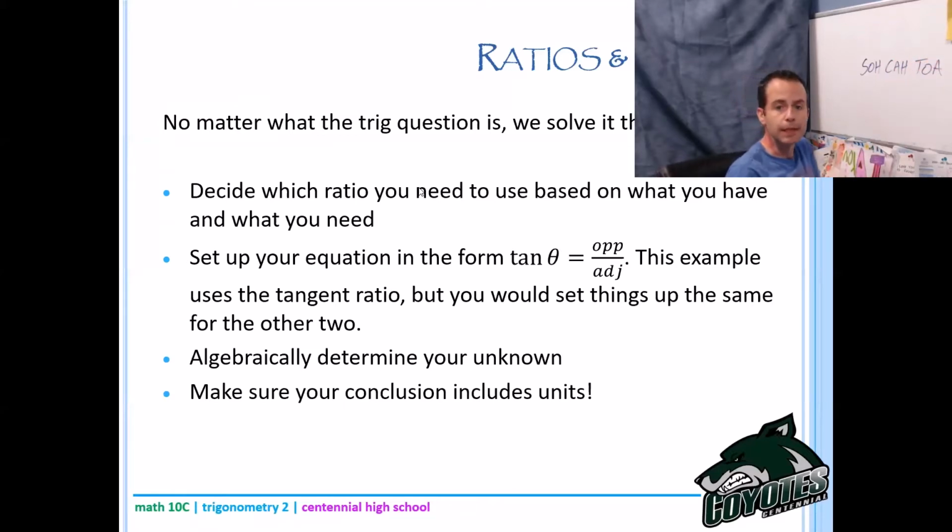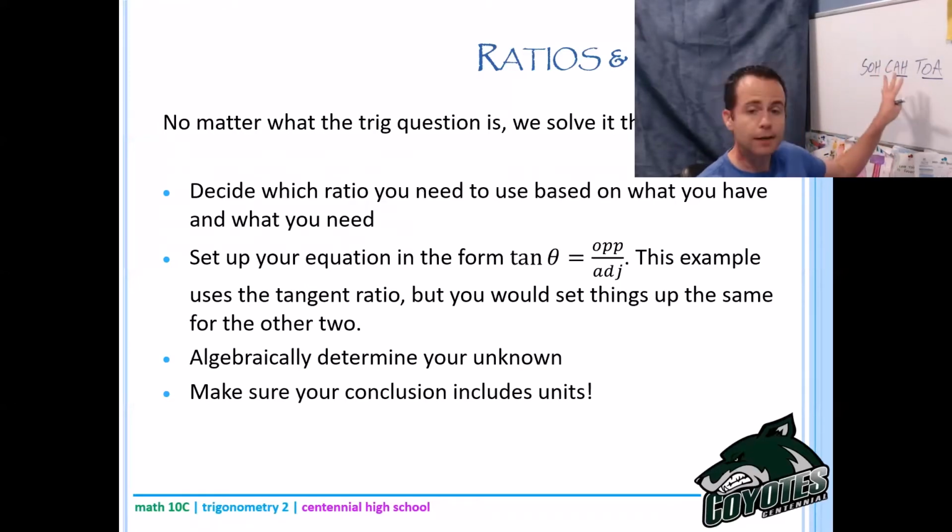And what that means is it's just a little acronym to say your sine is opposite over hypotenuse, your cosine is adjacent over hypotenuse, and your tangent is opposite over adjacent. Okay, so for the first couple of examples here, I'll leave that on the board just so that you can think about, hey,